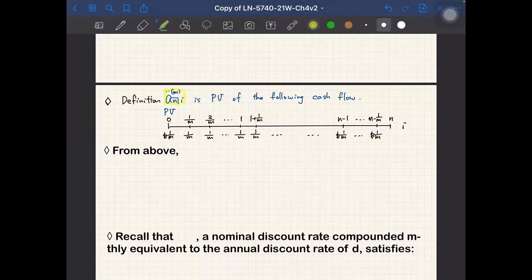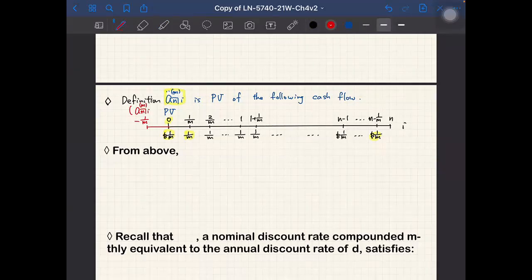So you can see that the payment, the cash flow, starts at time 0 and ends at time n minus 1 over m. Except for that, it's the same as a angle n superscript m. So that means the present value is 1 over m year earlier. So if we think about shifting this present value by 1 over m year, then the present value is a angle